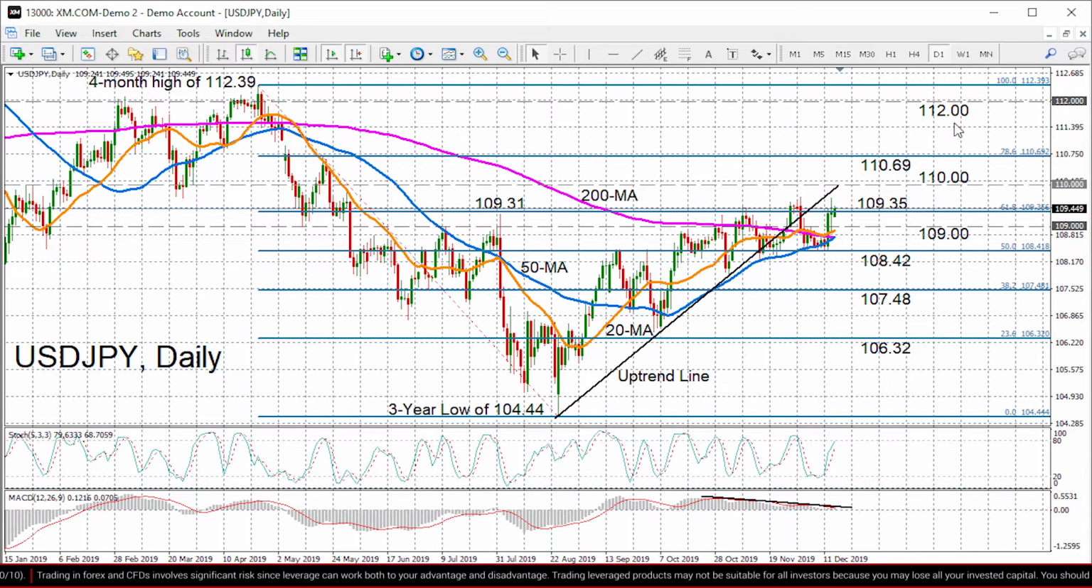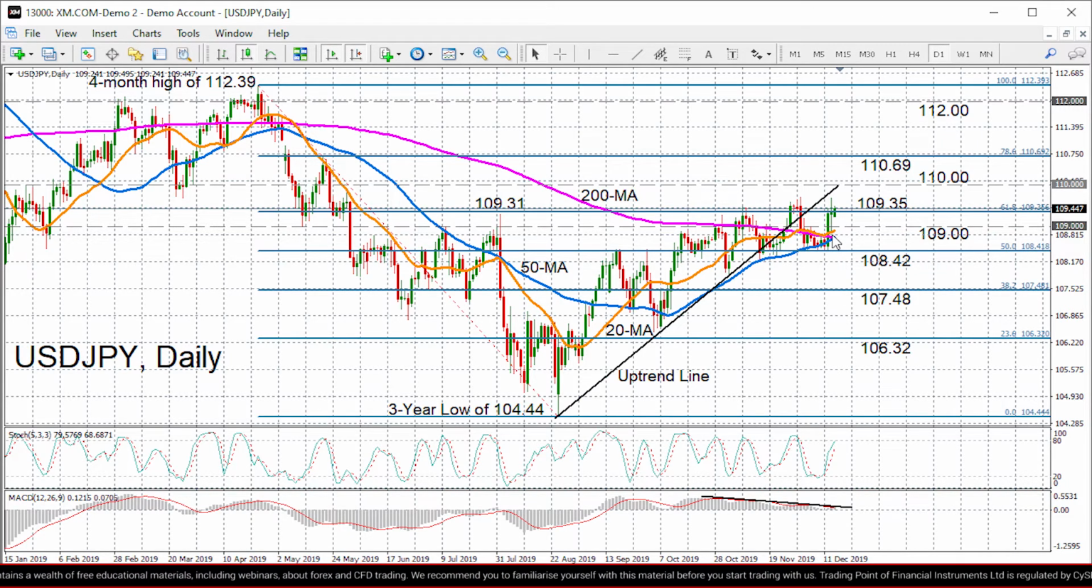But if prices are unable to rise above that uptrend line, we could see prices drifting back down towards the area between 108.40 and 109, which has been a heavily congested area recently, and that's where all the moving averages are currently converging. So that could possibly provide a strong support region for dollar yen,